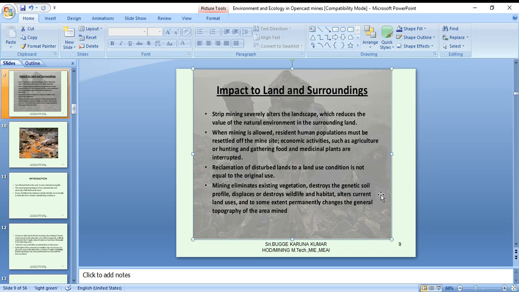Reclamation of disturbed lands to land use condition is not equal to the original use. Mining eliminates the existing vegetation, destroys the genetic soil profile, displaces or destroys the wildlife and habitats, alters current land uses, and to some extent permanently changes the general topography of the area mined.